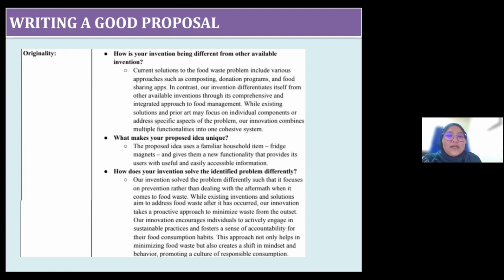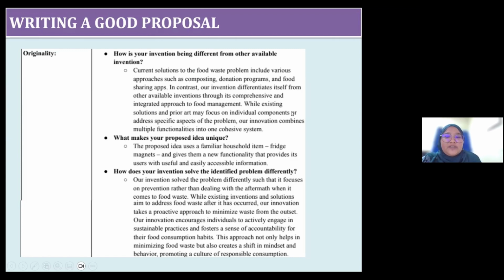Looking at those questions, you should be able to answer them. The originality may come from how you spell out the uniqueness of your idea, maybe the enhancement of the methodology, or an enhancement in producing the product, changes with a new material, or making the cost cheaper, and so on. Looking at this group, they mention how their invention is different from other inventions.